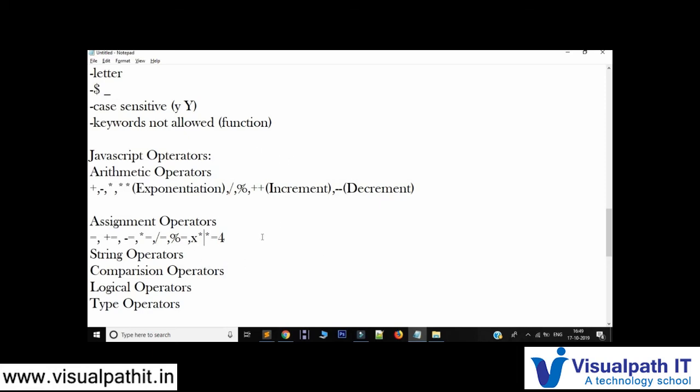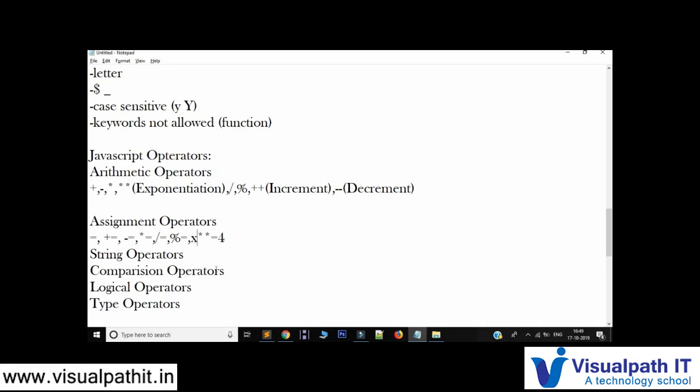So 3 into 3 into 3 into 3. So the number which you are giving here is that many times the value which is present inside the variable will be multiplied.